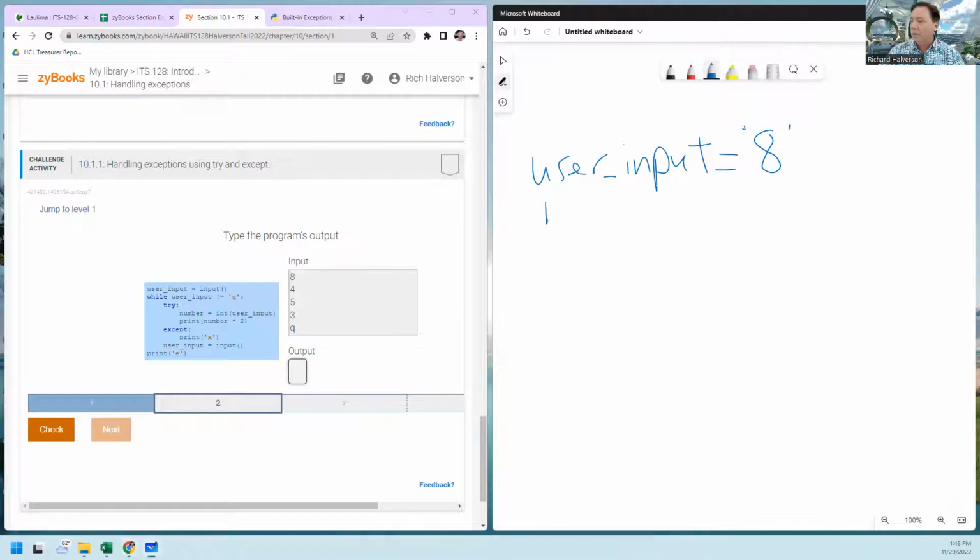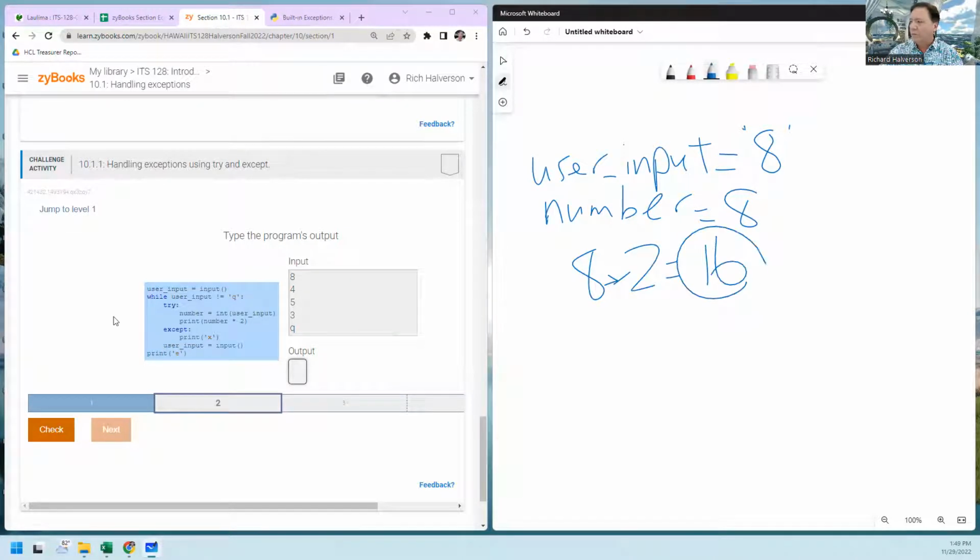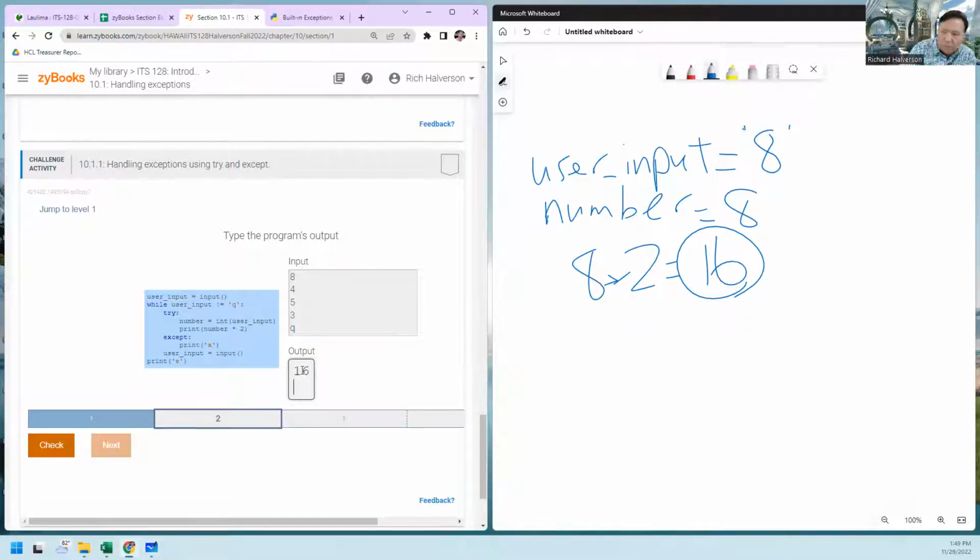So now number equals the value 8. And then I'm going to print number times 2. Number times 2 is 16. I'm going to print 8 times 2 equals 16. So that's what I'm going to print, and so I'm going to print 16. And then I'm done. So I'm going to come back around and get another user input, come back up here